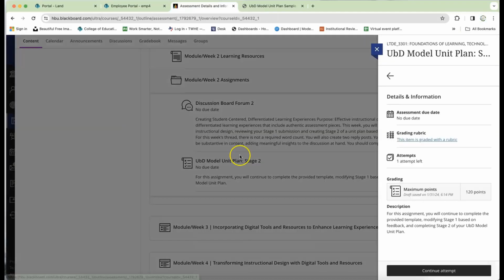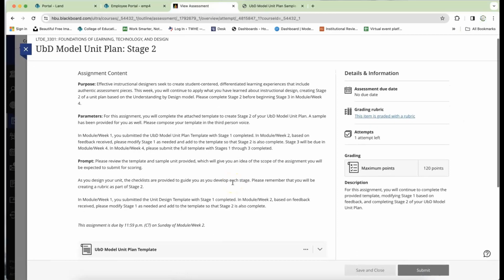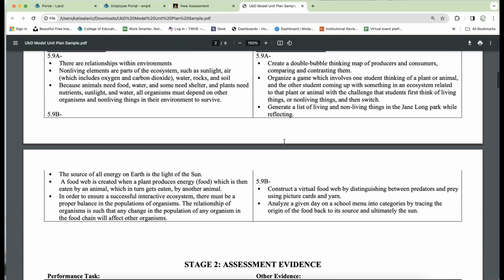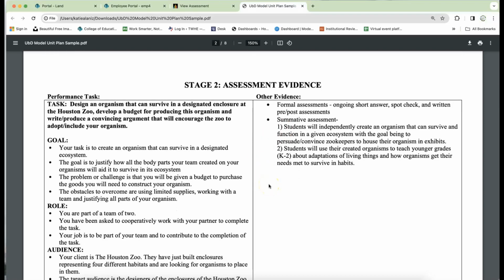This week, you'll also be focusing upon Stage 2 of your unit plan. In Stage 2, you will be designing authentic assessment endeavors. You will be designing assessment evidence that shows that students who are engaged in this unit know and are able to do what is required for success in this particular unit. And so as you can see, our